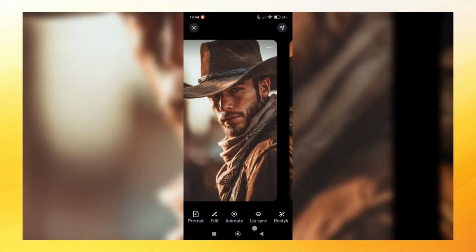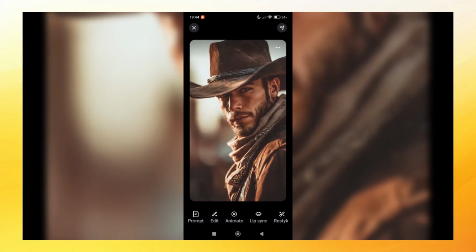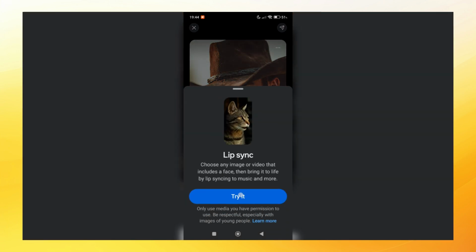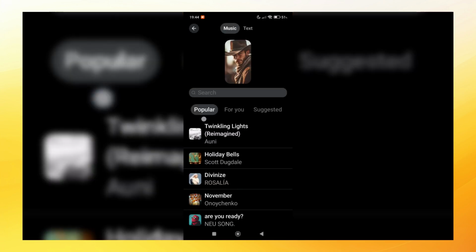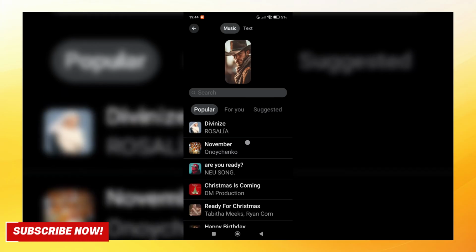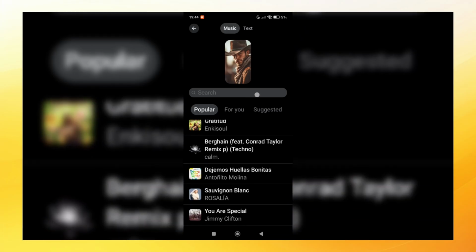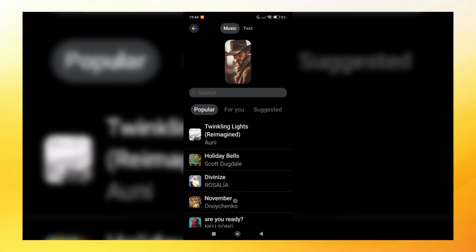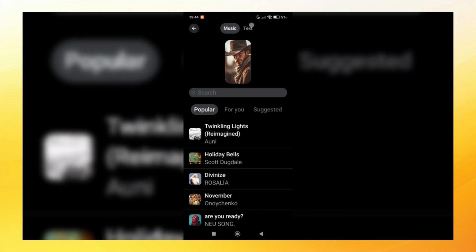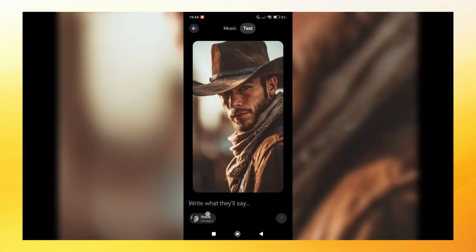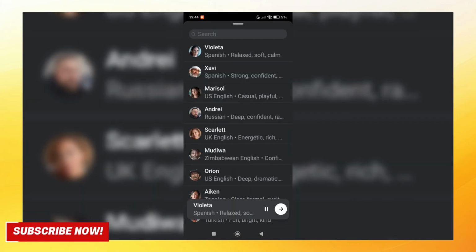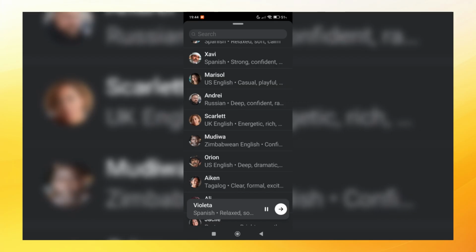Once you're inside the Meta AI app, tap the Meta icon in the middle. You'll see a general AI generator where you can ask for text, images, and video. We're going to go step by step, starting with how to generate a video from here. If you feel more comfortable, you can also create the video on your computer first, download it, or send it to your phone, and then upload it as a file in the app. So whether you upload an existing picture of your character or create it directly inside Meta,